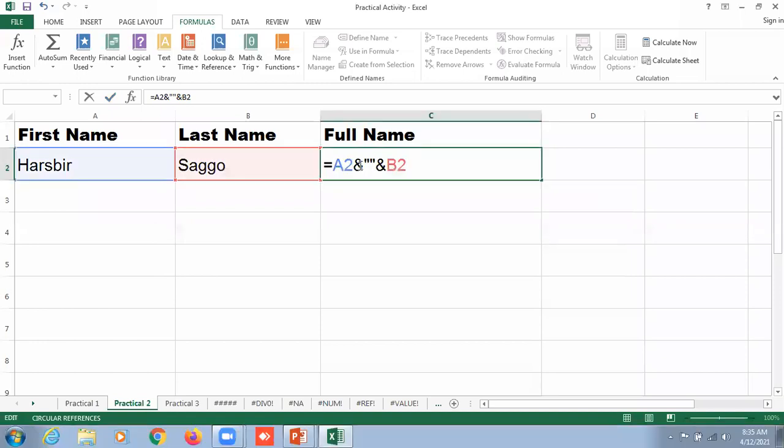The address of cell 1, ampersand, double quotes and double quotes close. What we are going to do is give one space in between these two double quotes. Then there is an ampersand symbol. And now we are going to click on enter. And now I think, my dear respected students, there will be a space.